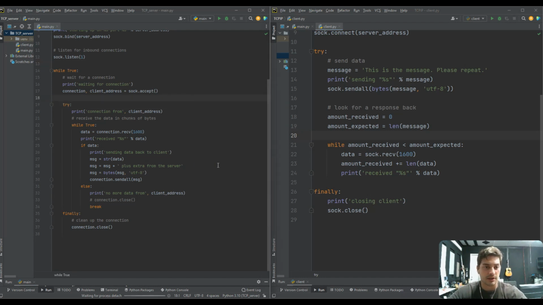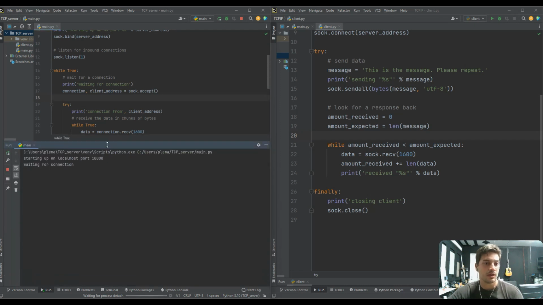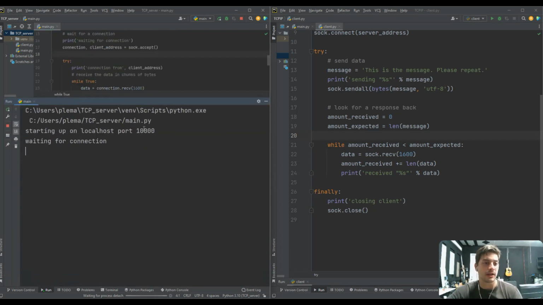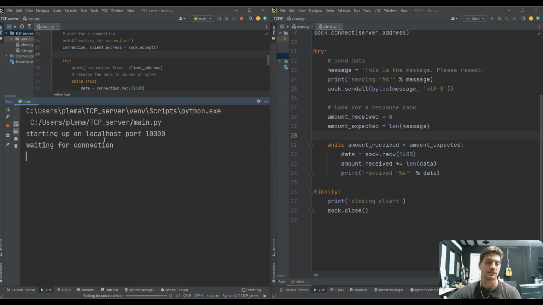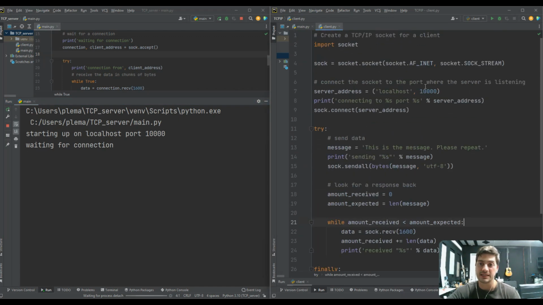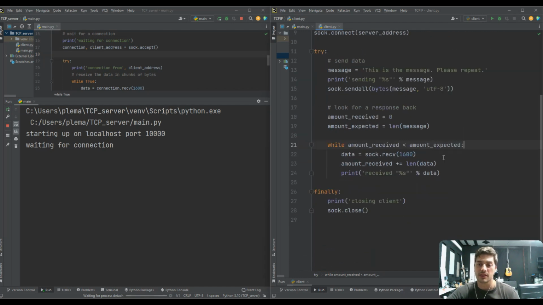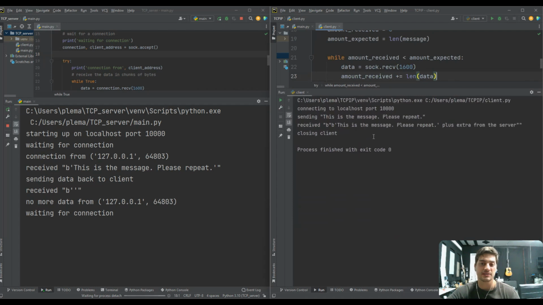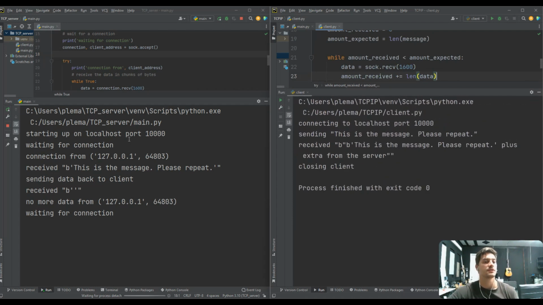We're going to kick on our server right now, and in the window, you can see I've started up on this localhost on this port, and I'm waiting for a connection. Now, if we did this right, when I run the client over here, you can see some action in the terminal window of the server. It was waiting for a connection. Oh, I got a connection from, and then this